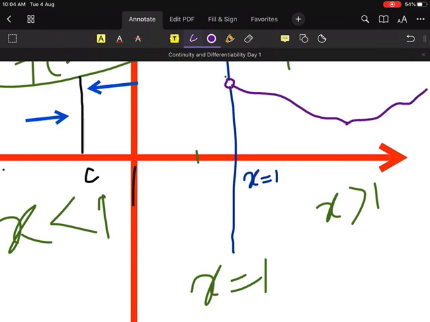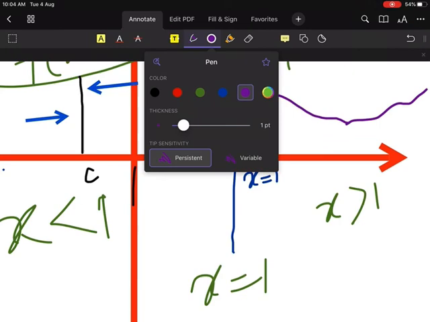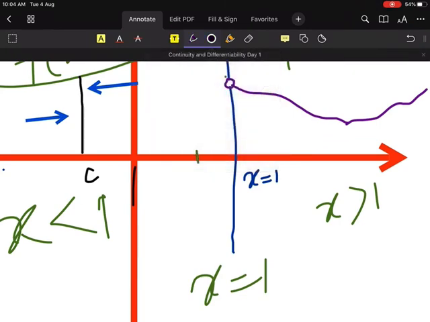So if it will never be undefined, it means what? It means this graph will continue like this. There will be no break when x is greater than 1. Yes or no? Right? So the graph will continue. Now, again the same thing we'll do. We'll take a general point in here, in x greater than 1.